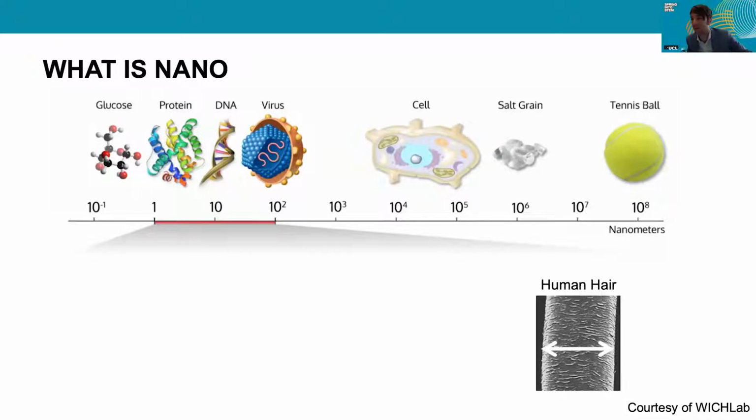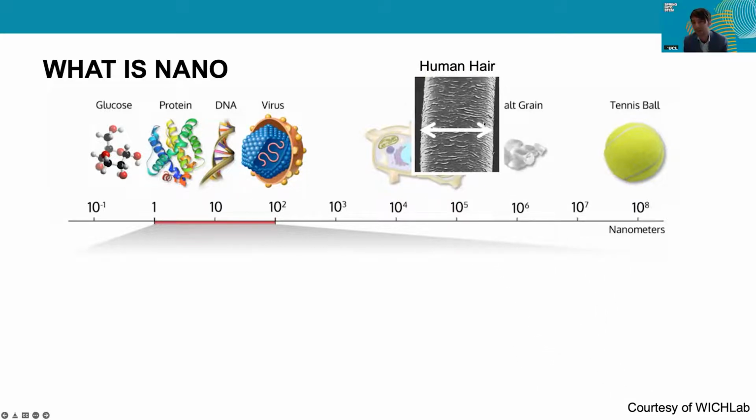Okay, so there is one here, 10 to the power of 6 nanometers, 100 microns. So we are now in this regime here. So it's bigger. We can definitely see a grain of salt. I think that all sounds quite reasonable. So let's check where we are getting to. And indeed, the length scale of a human hair is around 100 microns.